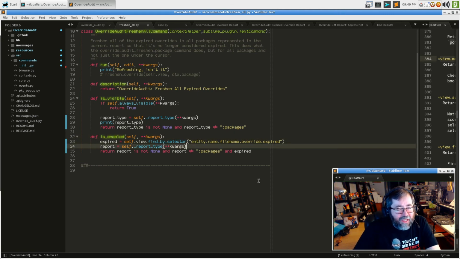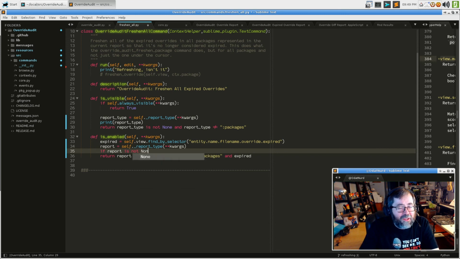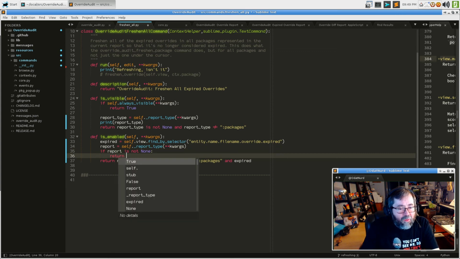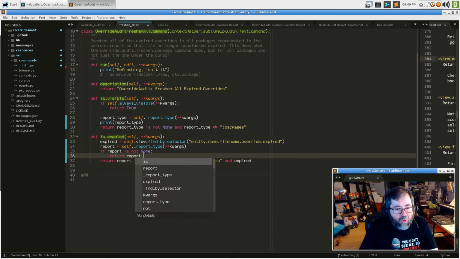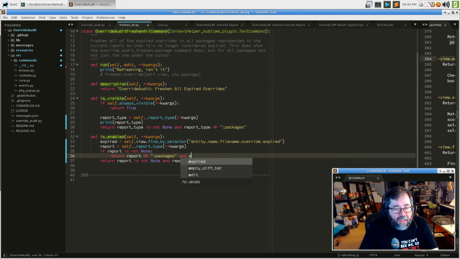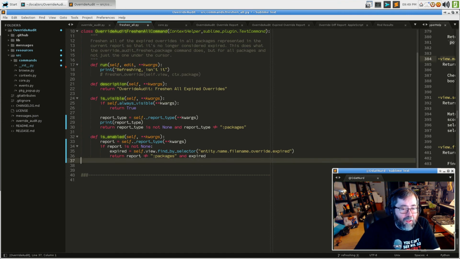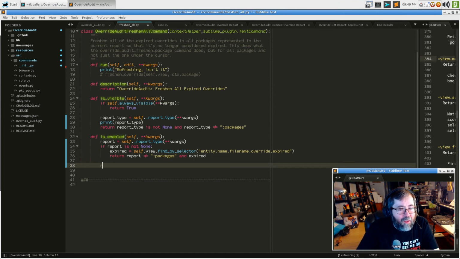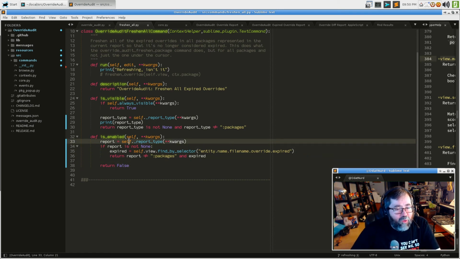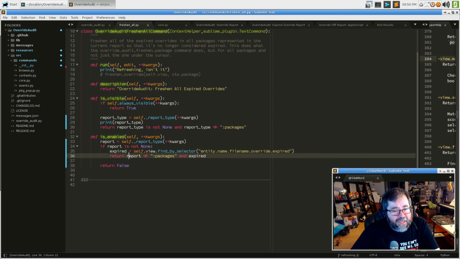Let's do this slightly different. Let's say if report is not none, then return report is not equal to packages and expired, and move this down. And we want it to be disabled in this case. So if report is none, get the report. If it's not none, then we only say that it's enabled if this isn't the packages report and there's a list of things that are expired,